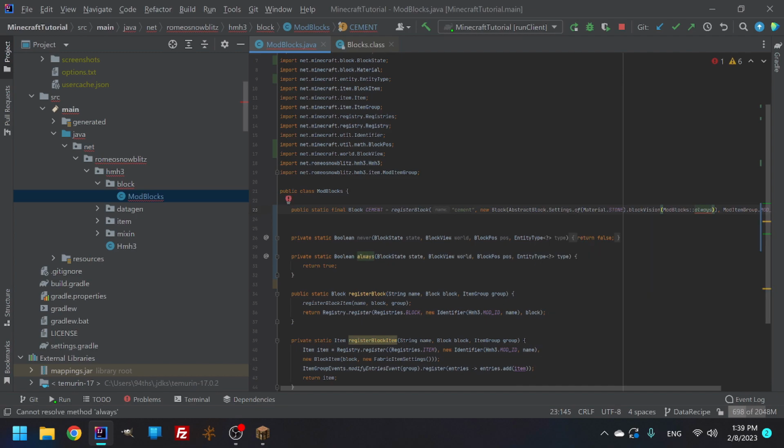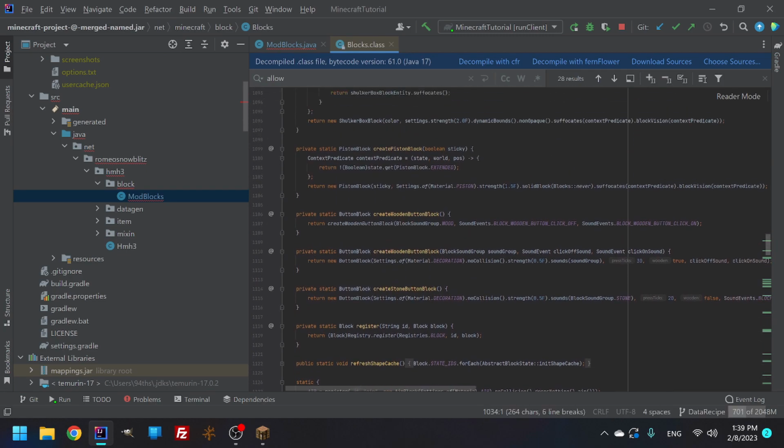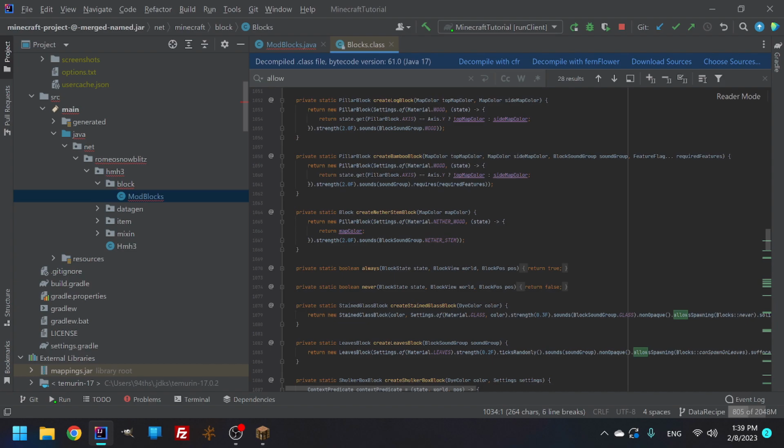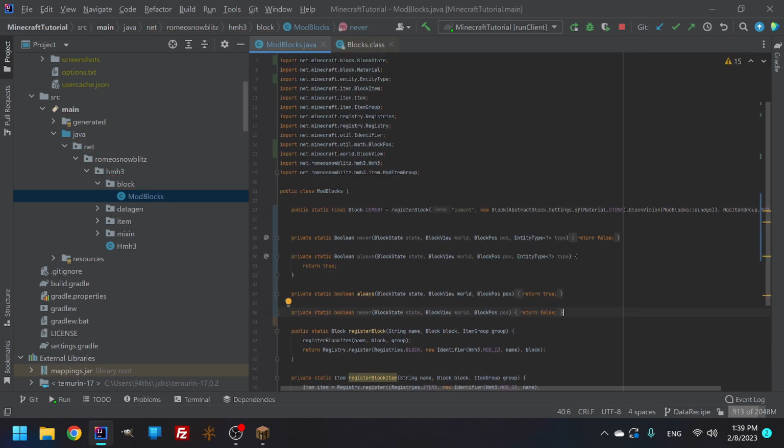And it is because there is actually another one in this case, in which there is another always and never. I have to find it. Block state, block worldview, and position. So these ones we're also going to need, as well as our entities. So we're going to hit in here, come into here, and suddenly, now that we are talking about our blocks,